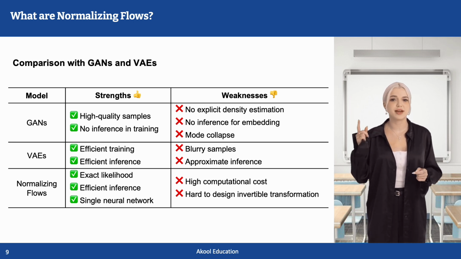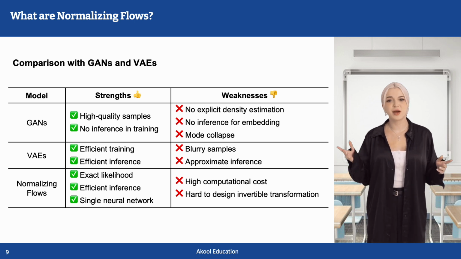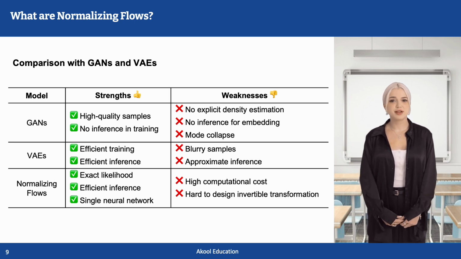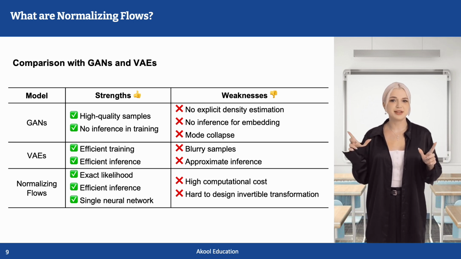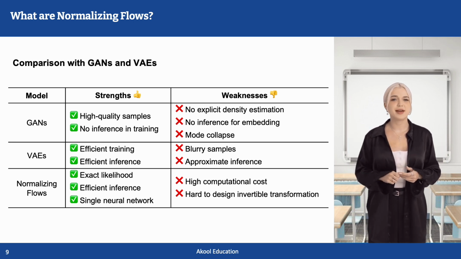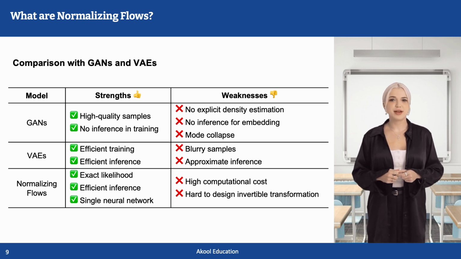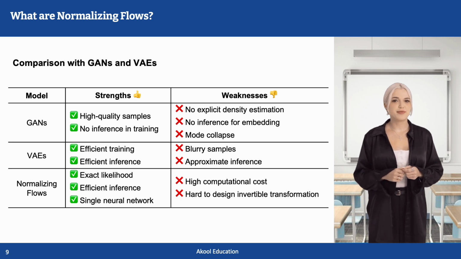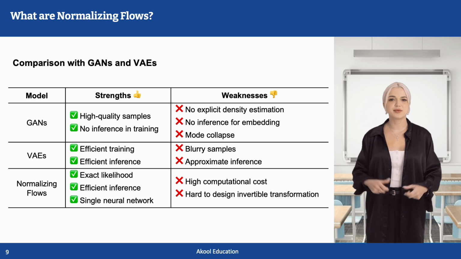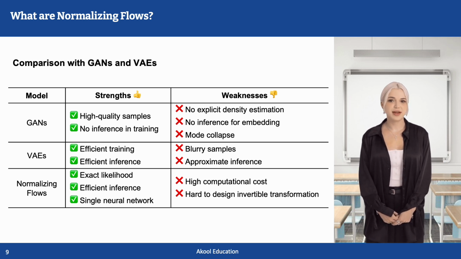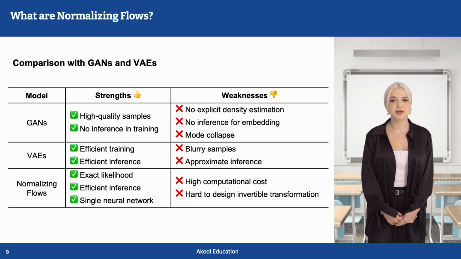Now, let's compare normalizing flows with two other popular generative models, generative adversarial networks (GANs) and variational autoencoders (VAEs). GANs generate highly realistic samples but lack explicit likelihood estimation, making it challenging to assess the probability of generated data. Additionally, they suffer from training instability due to the adversarial process. Unlike VAEs and normalizing flows, GANs do not have an inference mechanism, meaning they are designed solely for generation rather